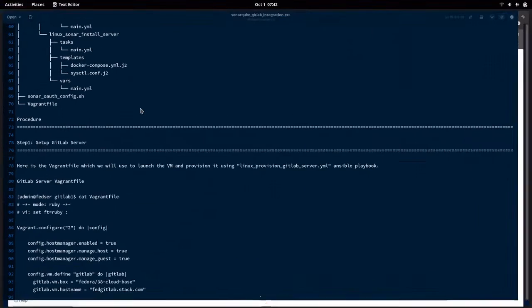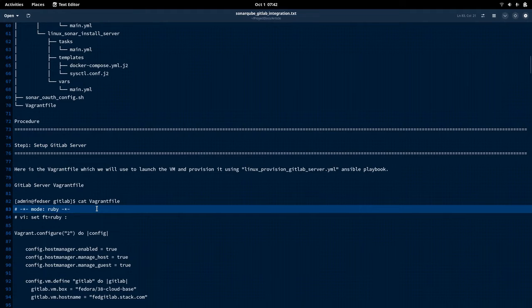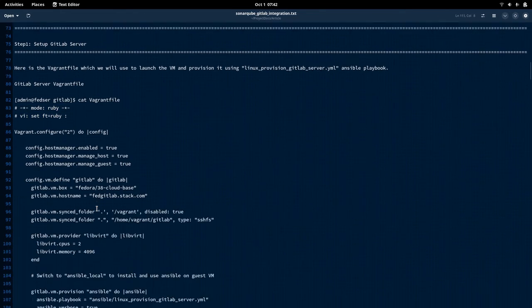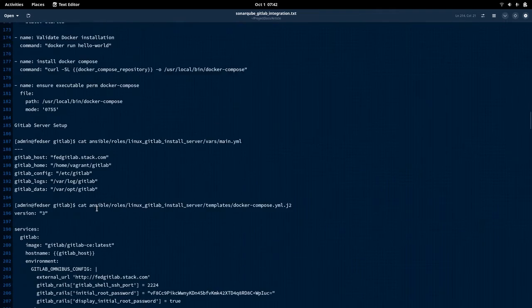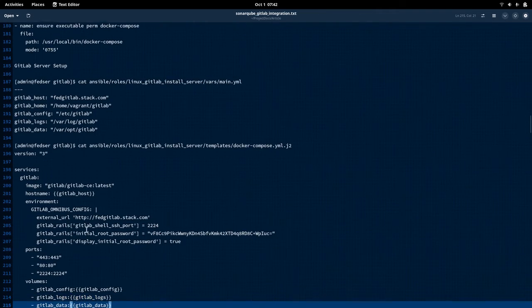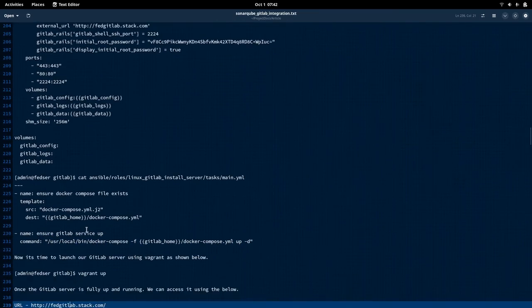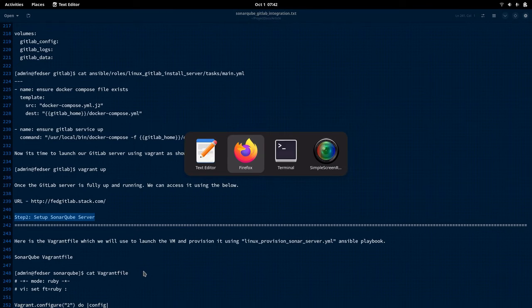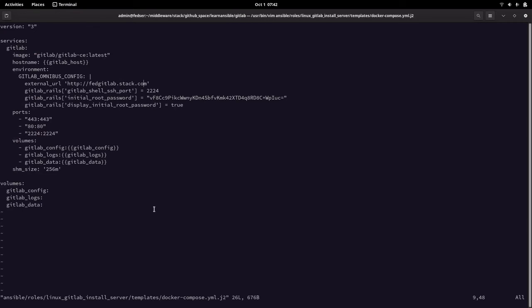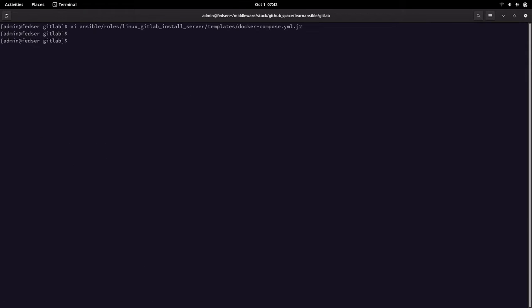Now let us go further into our second step. We have seen the GitLab server setup, the Docker setup for GitLab, and now let us look into the setup for the SonarQube server. The SonarQube server is also going to be the same setup. So let me go into